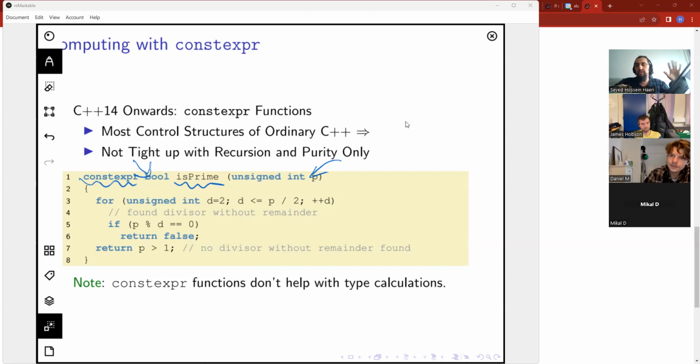Not everything, but a lot of it is now available. You can do your routine C++, which typically is not functional, at the constexpr and consteval times. That's what I was trying to say.